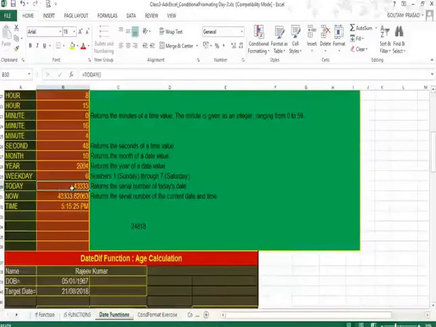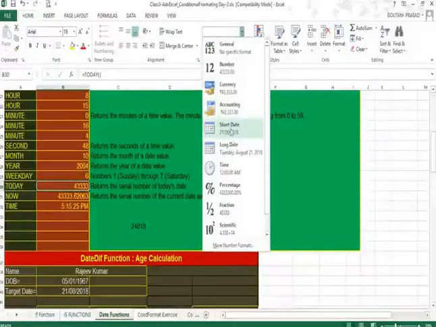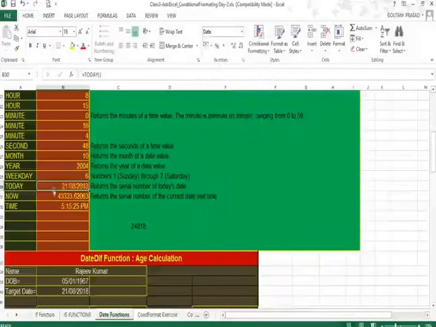So here we have used the TODAY function, which gives a number here, but you can convert it into a date. Select short date format from here and you can see this number has got converted into a date. Similarly, there is a number here for the NOW function with a decimal value, but this decimal value shows the time part.